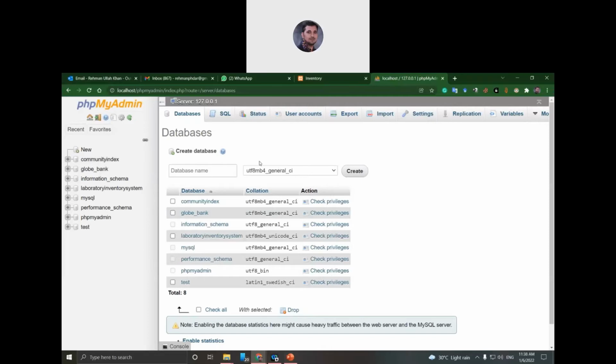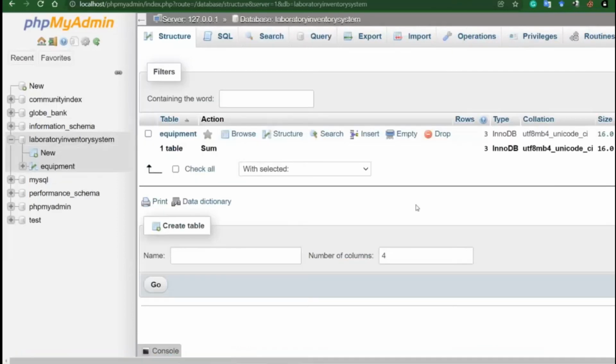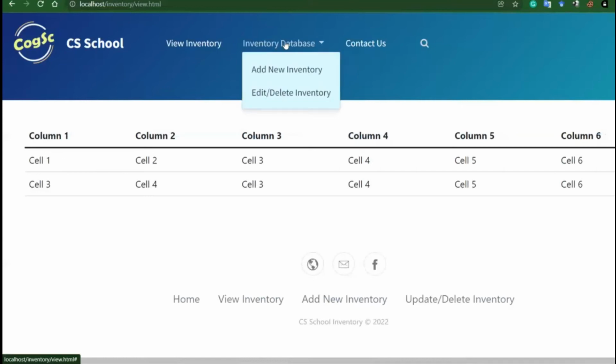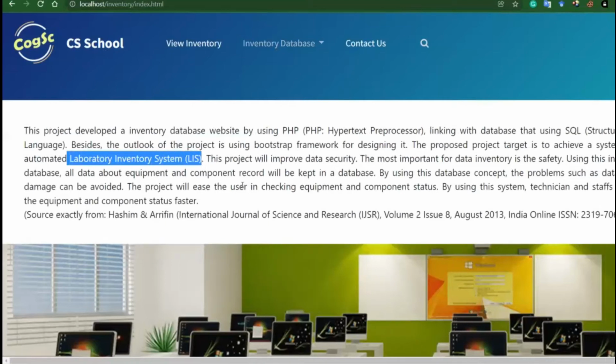in our case, for this lesson, we will use the template that Miss Un has created for us. This database I created for the purpose of the template designed by Miss Un. I gave it the name laboratory inventory system, LIS. So what does it mean?